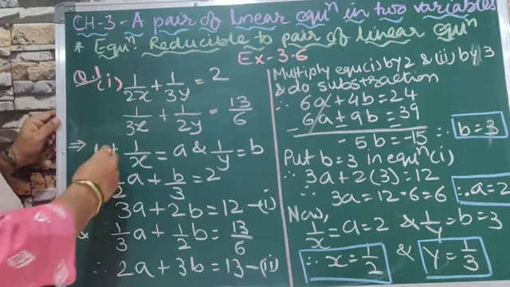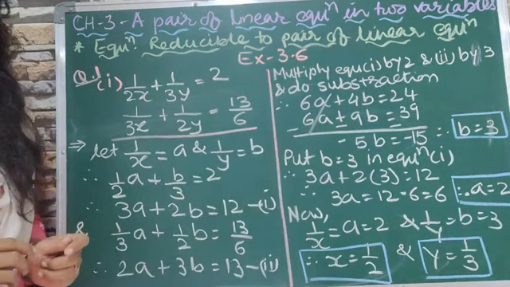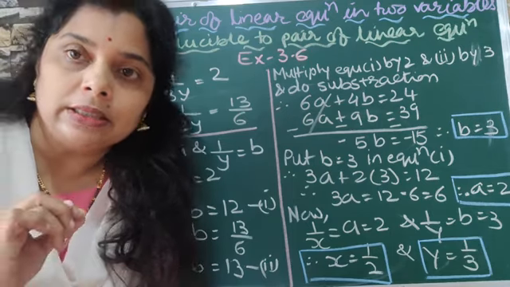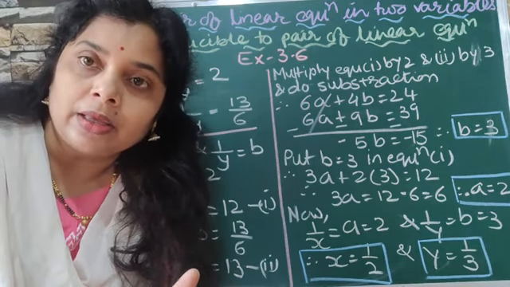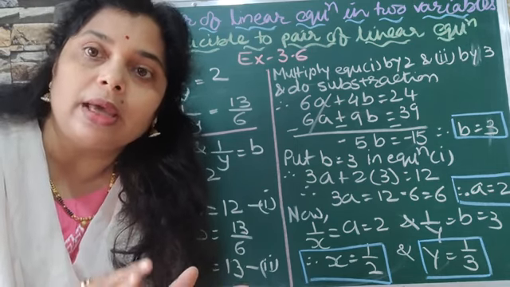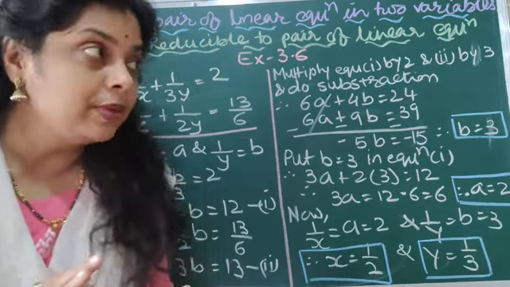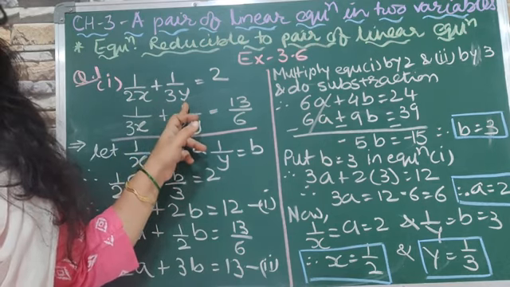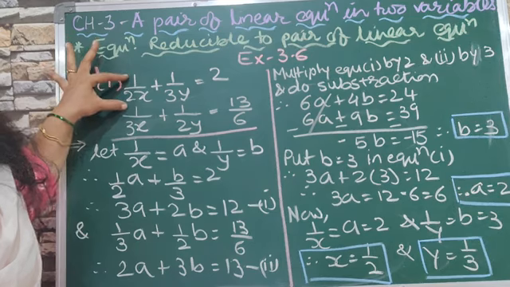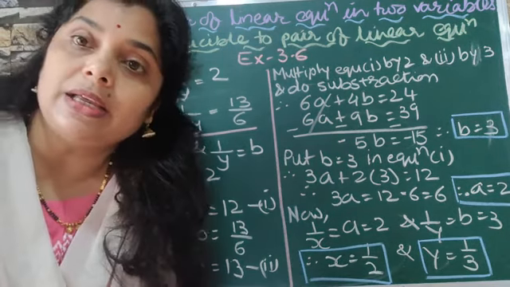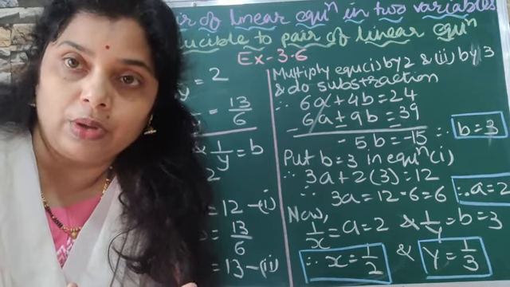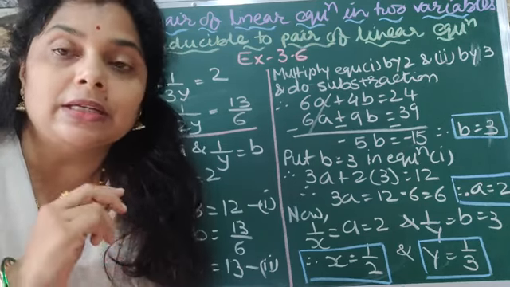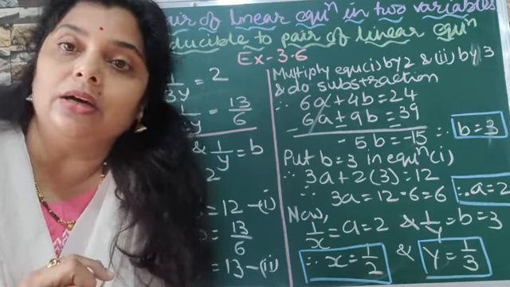So here if you see the pair of linear equations, up till now we have studied pairs in which x and y are given in a proper variable form and the equation is in linear form. Here x is in the denominator place and y is also in a denominator place. It means the whole value 1 by 2x, 1 by 3y is in a fraction form. This is the first time we see such a type of equation. It means it is not exactly in a linear form.